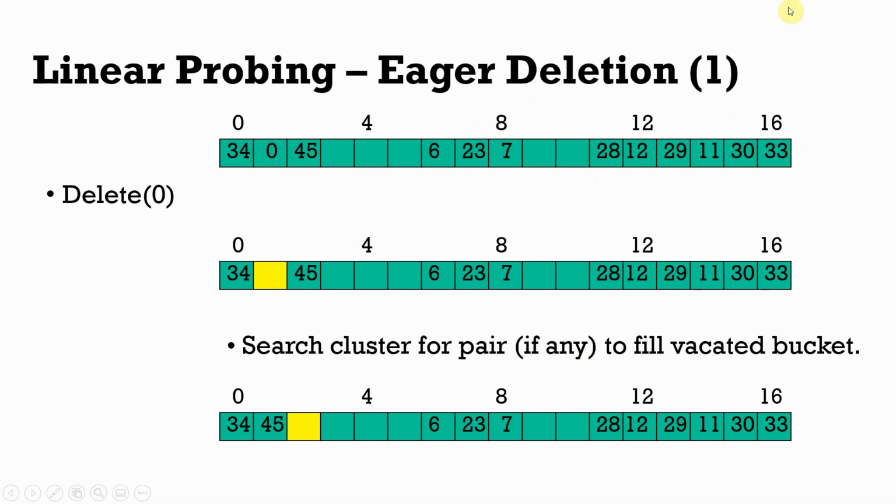If this is the original table and we delete 0, in tombstone or lazy deletion you would just mark this as deleted. But in eager deletion, we search the cluster for pairs. We want to see if 45 belongs here, whether they belong to the same sequence. So here, 45 mod 17